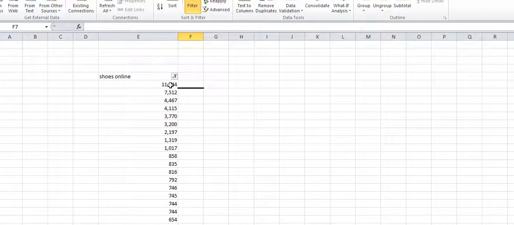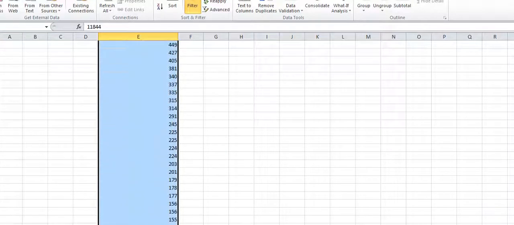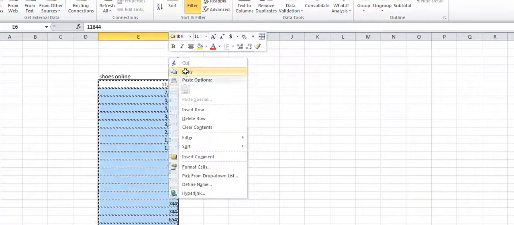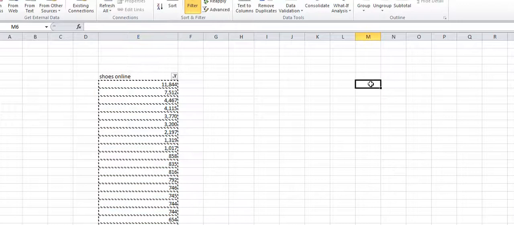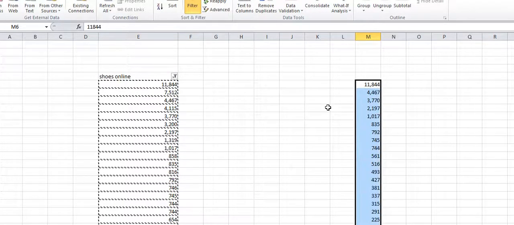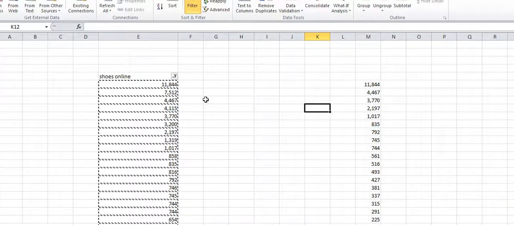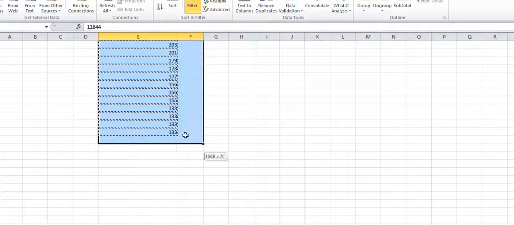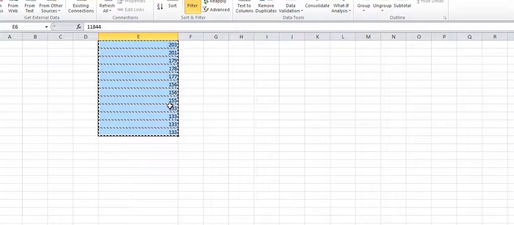So here we got it. We'll just copy these search volumes, and we will paste it here. Okay, for reference, I hope you're seeing. So now what we'll do, we will just delete these copied cells from here, from the filter. Okay, so we have deleted.